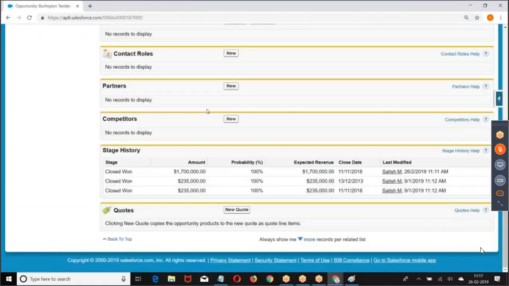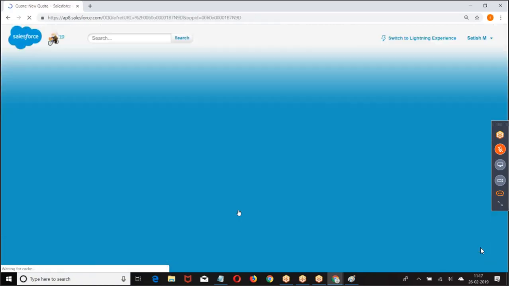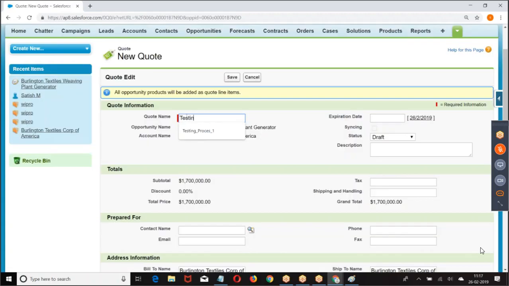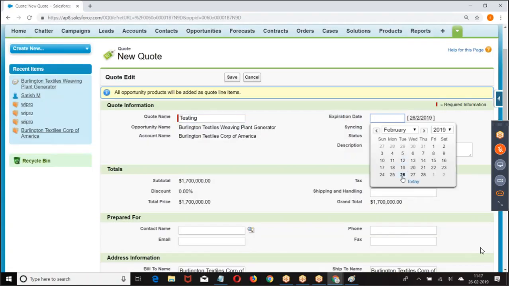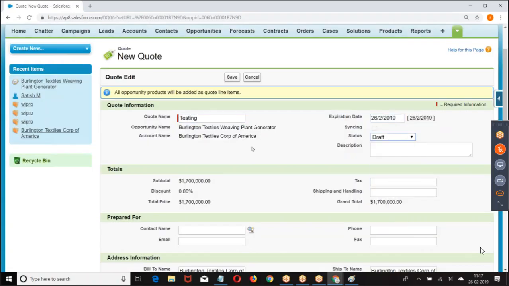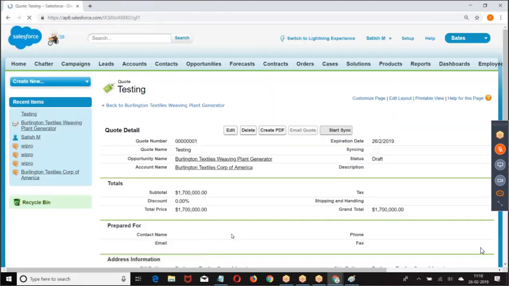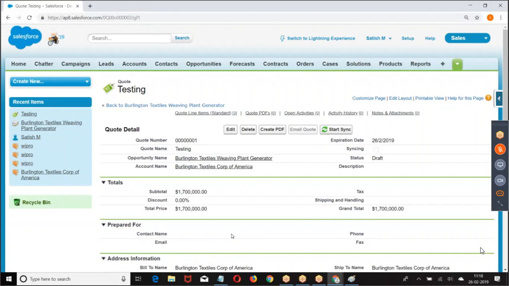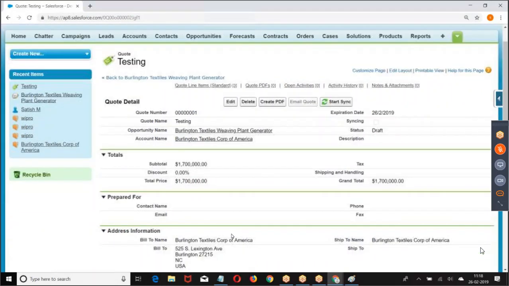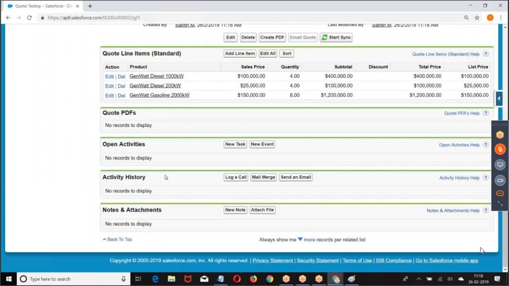What are you getting here? Quote, status, subtotal, discount, total price. I give some quote data. Right? Quotation. What is this quotation?